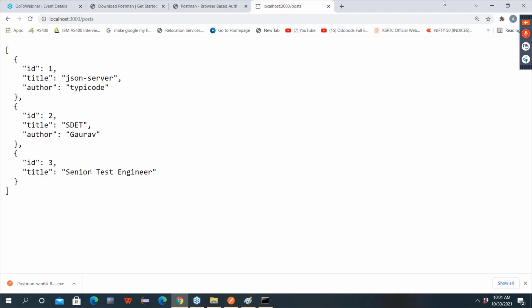But if we had done the same thing in a patch, it will not remove author. It will say, boss, this is a modification, and I will keep the old data also. But put says, whatever I am sending right now, I will keep only that. If any extra is there, I will remove. This is a complete update. Guys, now it is clear, everyone? Can you update two objects together at a time? No, individual operation. That is not possible. So, are you clear up to this? Yes.